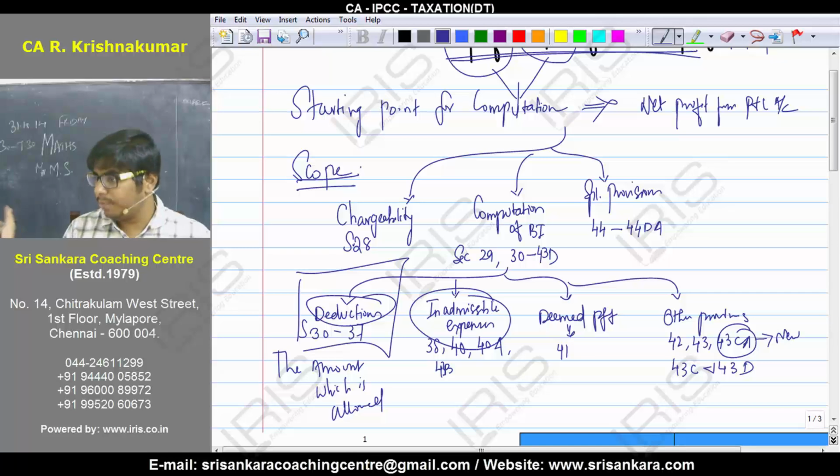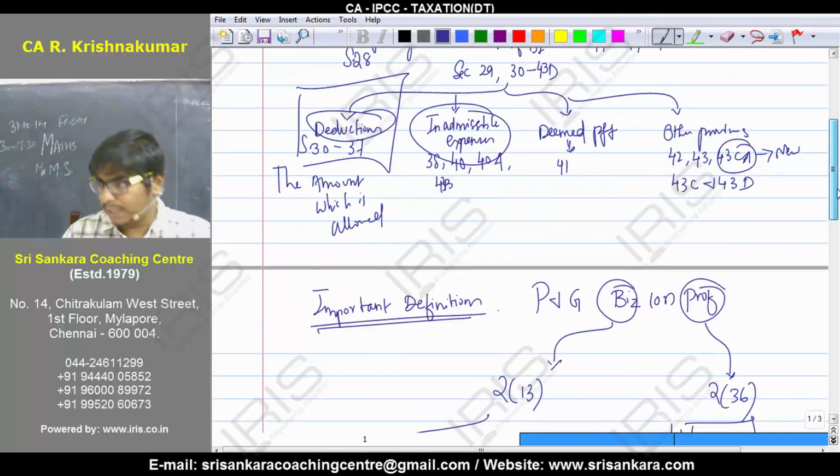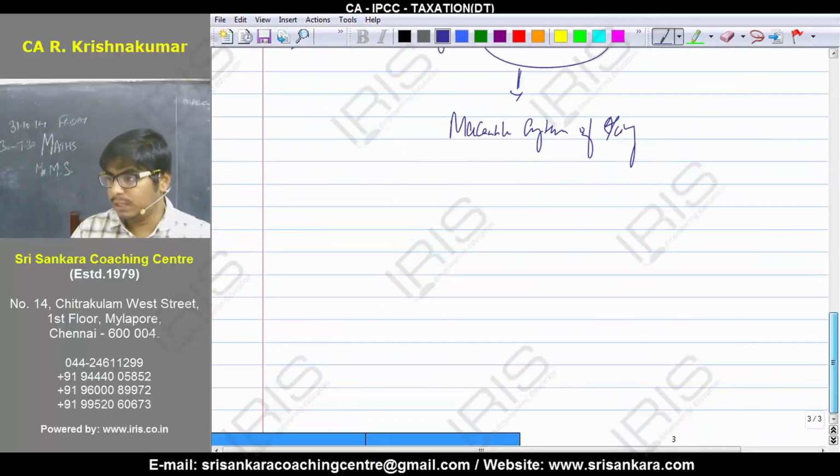That expenditure would have been already debited to your P&L account. To that extent, net profit would have come down. So, if that expenditure is allowed or deductible, it need not be touched upon. It is actually allowed, so no adjustments. In case of inadmissible items, you will add it back. So, this is the format. Simultaneously, I am also giving the format, so it is very easily understandable.